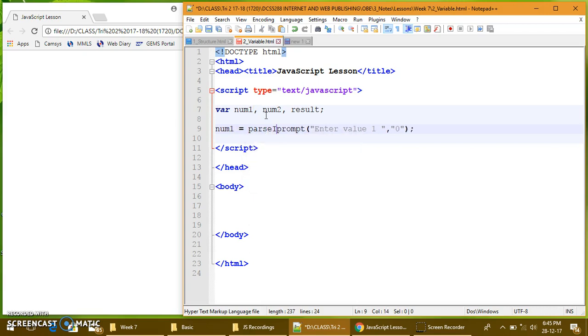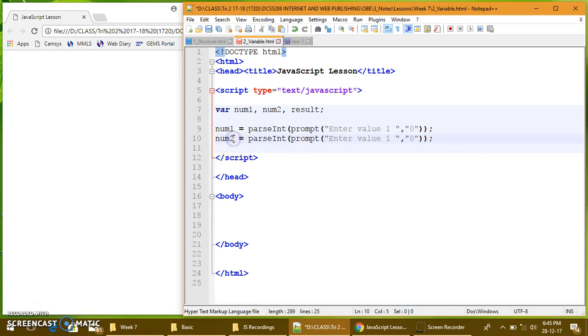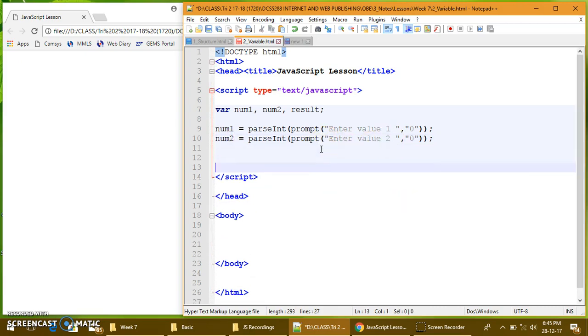I use this particular function, open bracket, close bracket at the end. The same thing I'll be doing for num2. Okay, so please enter value 2,